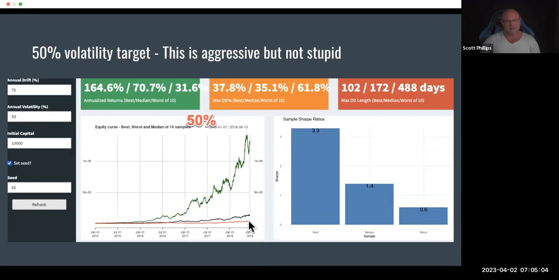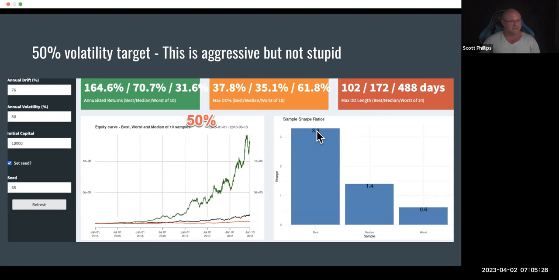I could deal with that, because I've experienced 60% drawdowns and I know they're hard, but I would be able to get through that. Look at our Sharpe ratios. Our worst Sharpe ratio is now 0.6. That's hard to live with. Our average is 1.4, amazing. And our lucky boy,